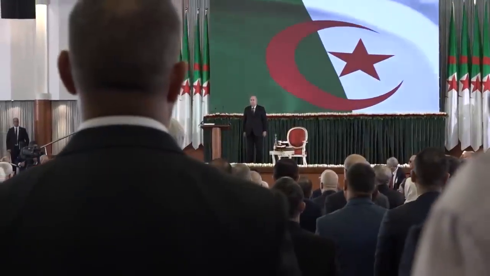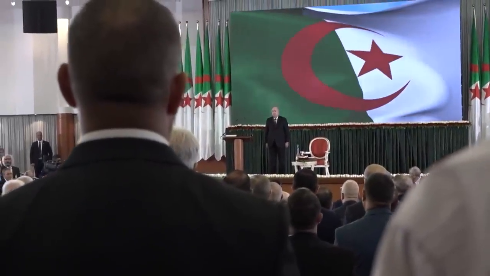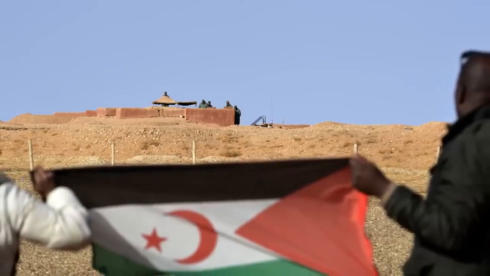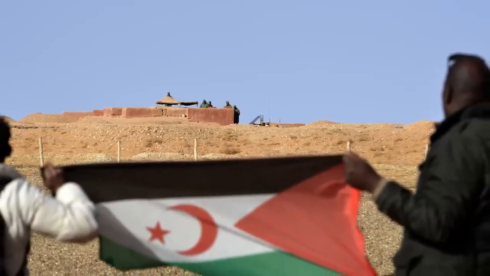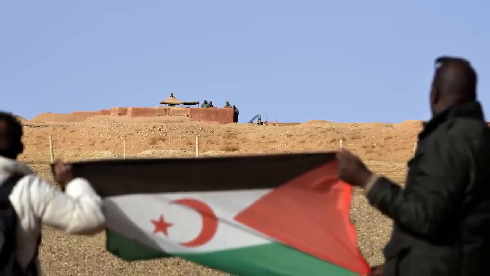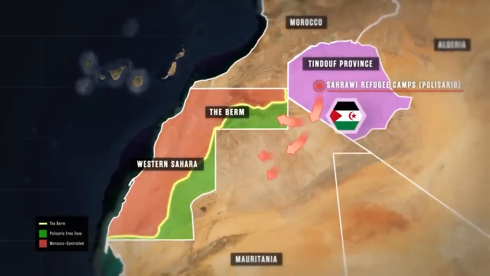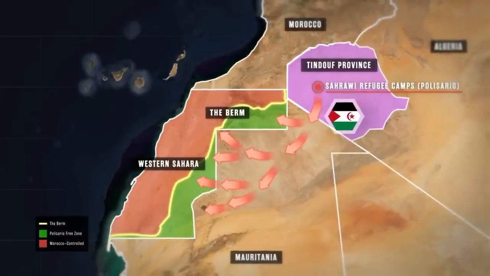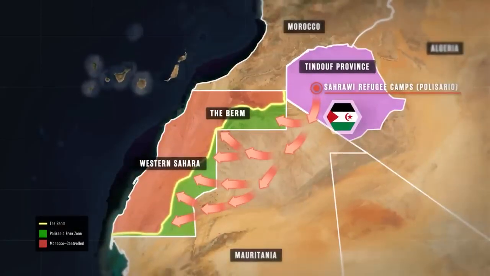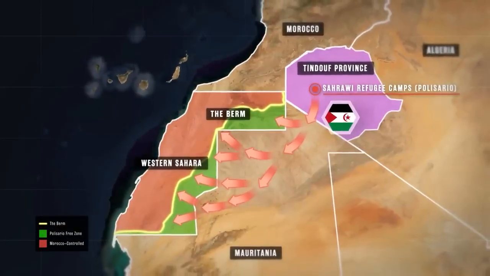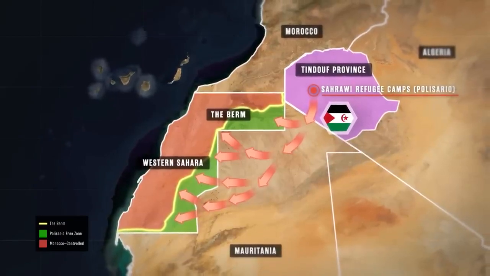Algeria has hosted the Polisario Front as essentially an armed militia or government in exile across the border for decades now, and they've allowed them to continue organizing and launching attacks into Western Sahara from these camps on Algerian soil as well. However, in order to attack the Berm and the Moroccan soldiers who guard it, the Polisario's fighters would have to travel through Mauritania first before launching their attacks across the border from there into Western Sahara, which is